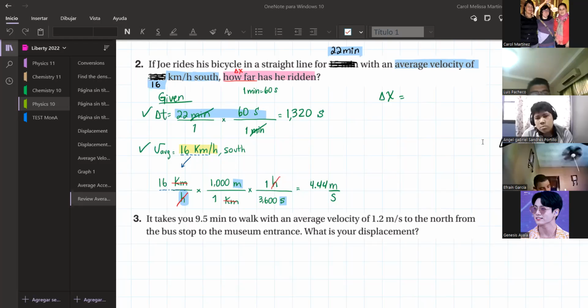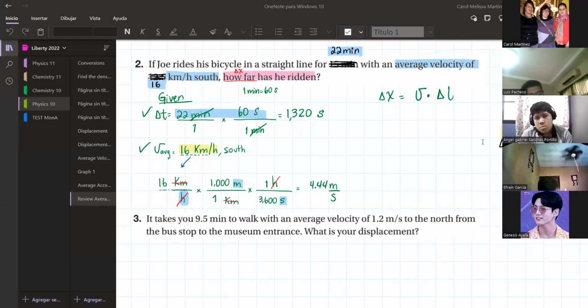So you take your displacement, and you're just gonna use the remaining of the formula, which is velocity and time. And because these two are together next to each other, they are multiplying. So you say delta x, or displacement, is going to be equal to velocity times